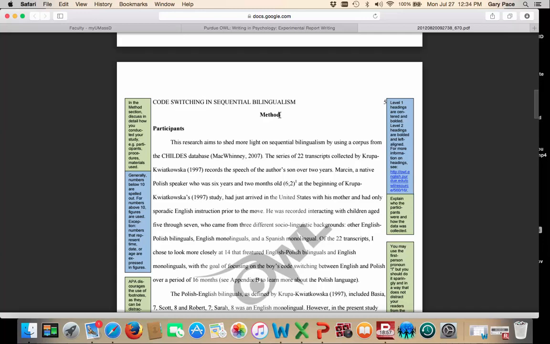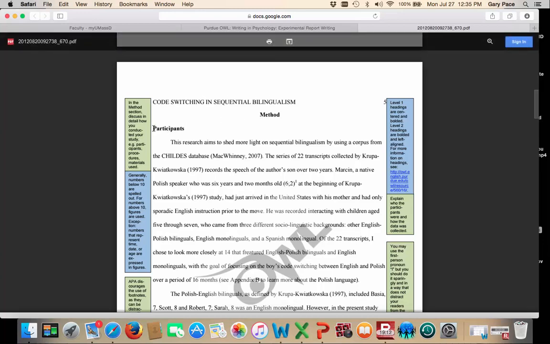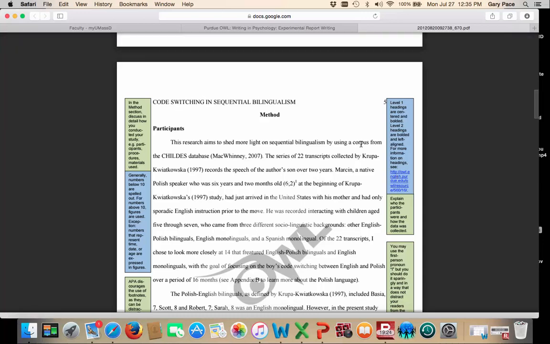So this is a level 1. Actually, the levels are simpler now than they used to be. This is a level 1 heading, which means it's bolded, it's centered. A level 2 under the method is bolded, but it's flush left. Okay, so here's a reference that they give where you can talk about the levels. I suggest you go to the APA manual and look at the levels. It's a pretty straightforward thing. There's only 5, I think, 5